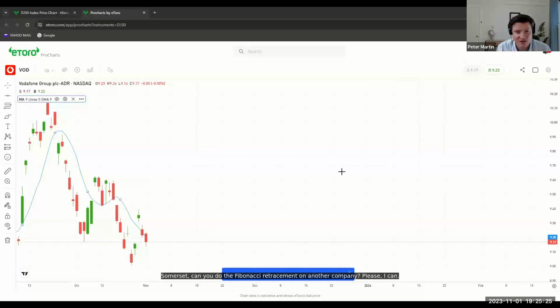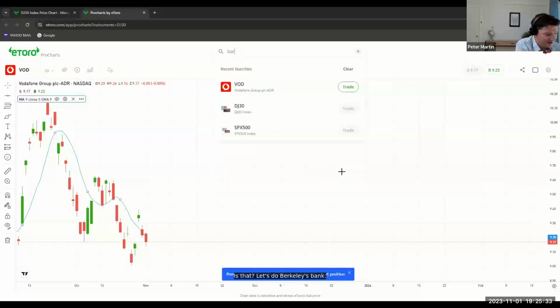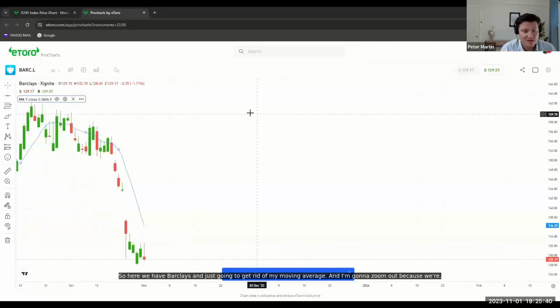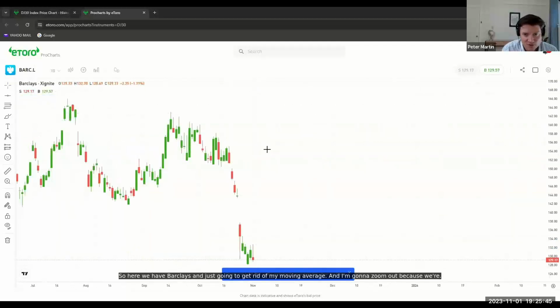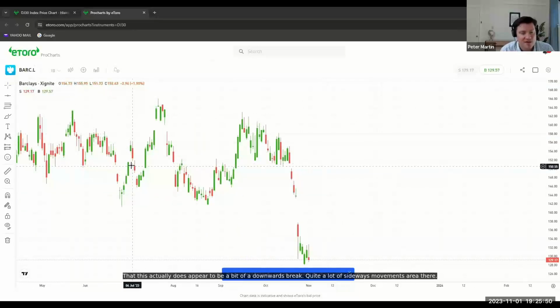Someone's saying, can you do the Fibonacci retracement on another company, please? I can do that. Let's do Barclays Bank. So here we have Barclays. I'm just going to get rid of my moving average and I'm going to zoom out, so I'll stick with the daily chart. So we can see this one's quite an interesting one, and that this actually does appear to be a bit of a downwards break. It's quite a lot of sideways movement to it there. And if we put on